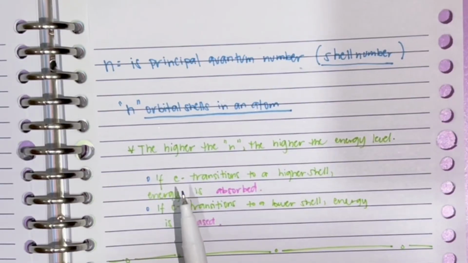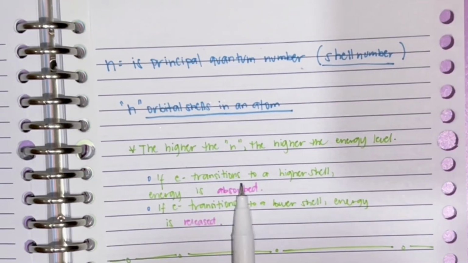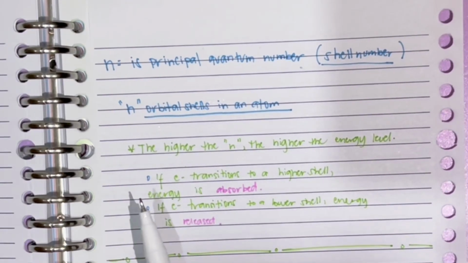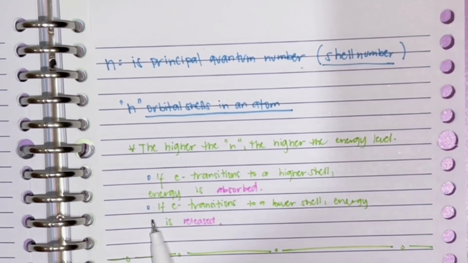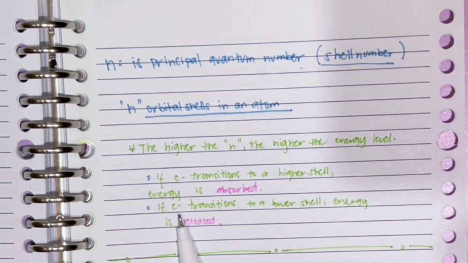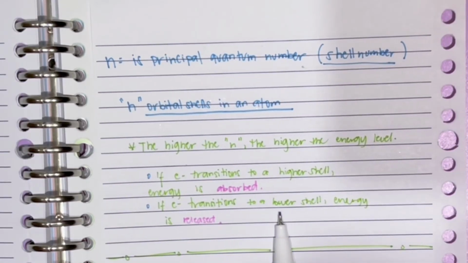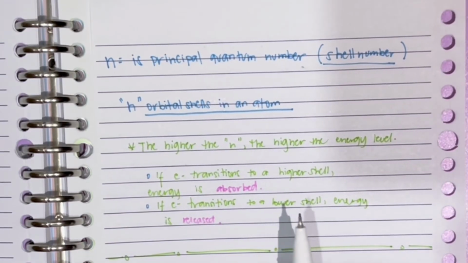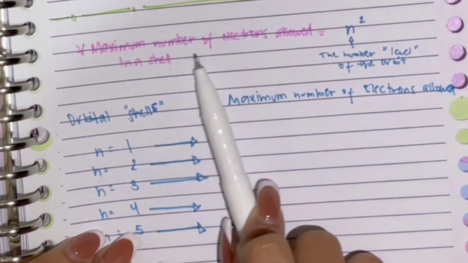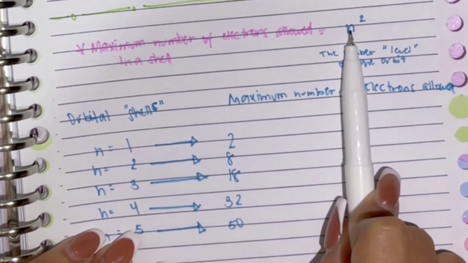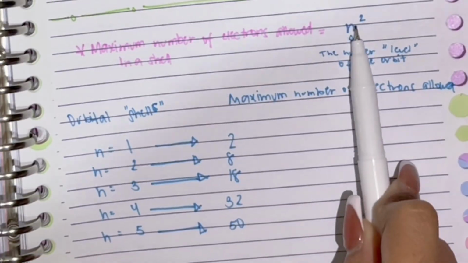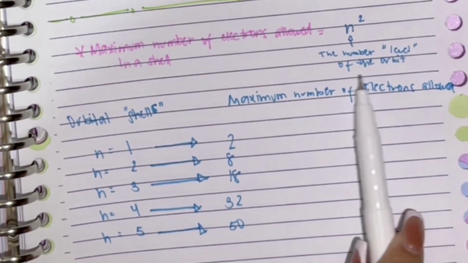And then, if the electron transitions to a higher shell, energy is absorbed, and if the electron transitions to a lower shell, energy is released. So, for the maximum number of electrons allowed in a shell, which is the principal quantum number raised to 2, the number level of the orbit,